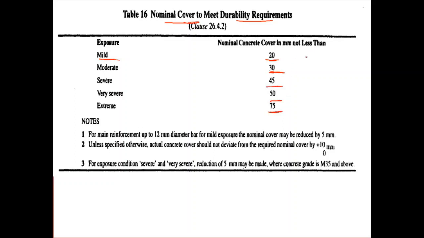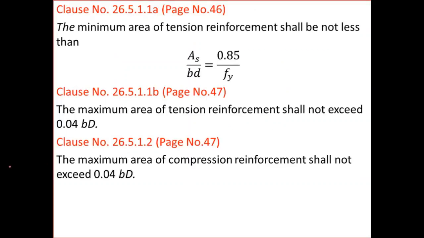Okay, so if there is a footing and the footing is constructed in an extreme condition, for the footing already I mentioned that the minimum nominal cover is 50 mm, but here it is 75 mm. So you have to consider the maximum of these. So in that case, how much do you have to provide? You have to provide 75 mm. Of course, some modifications are there here. These are not that important. You can ignore them.